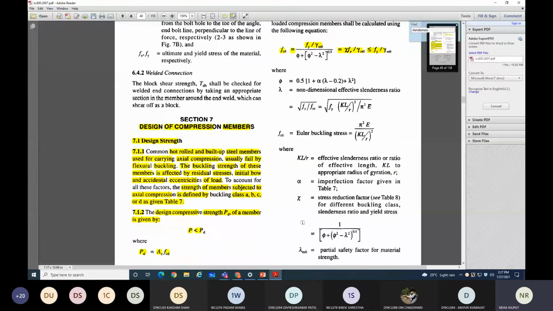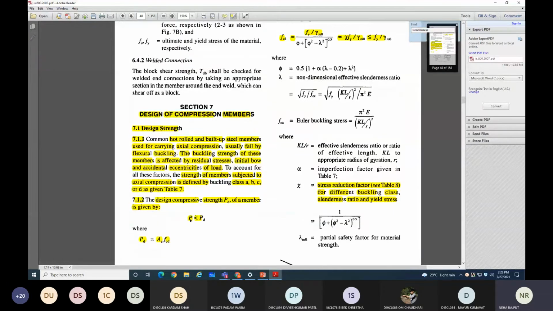And for getting the value from this equation, you also require the buckling class over here, the stress reduction factor. This part we will see at the time of the example when needed.